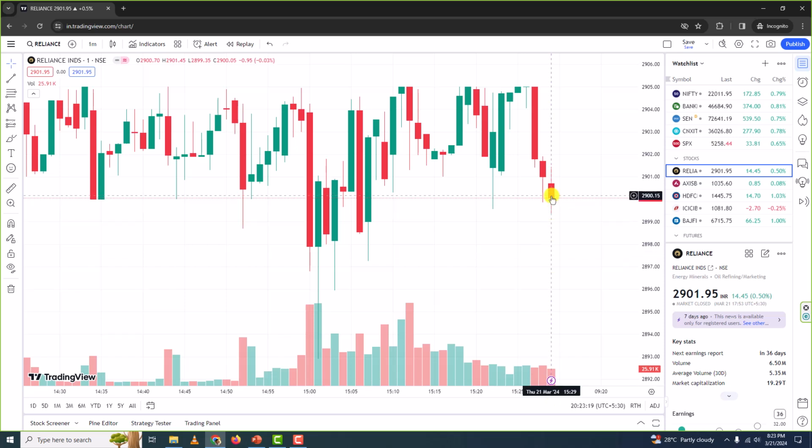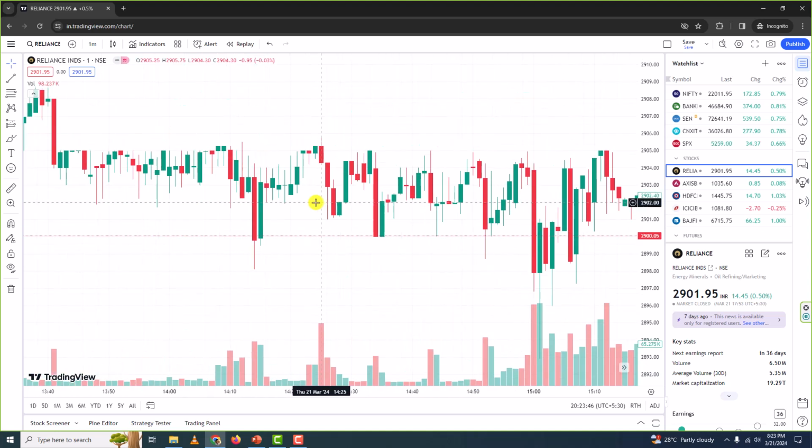So it is from 3:29 to 3:30, the last candle of the day. So 1 minute time duration. If I move here, you can see it is 14:52, meaning this candlestick is formed from 14:52 to 14:53 and so on. I encourage you to explore the candlesticks once you finish watching this video.